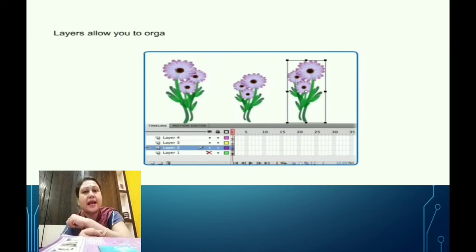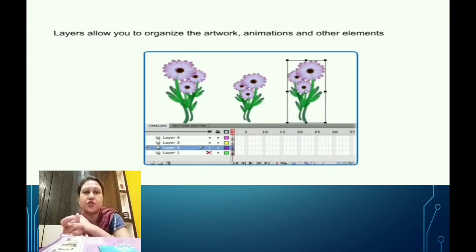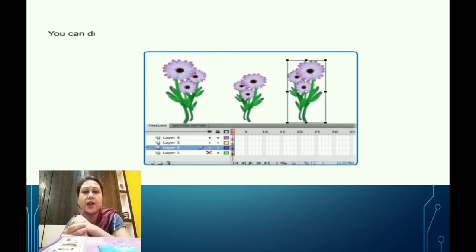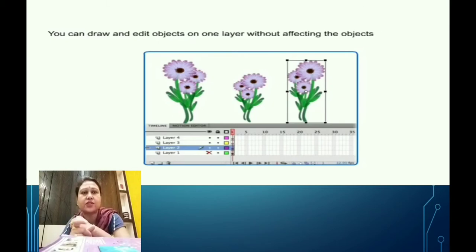Layers also allow us to organize the artwork. That means whatever you draw, or animations you want to create, or any other elements of your movie, as you are creating a movie in Flash, we can draw and edit the objects on one layer without affecting the objects on another layer.